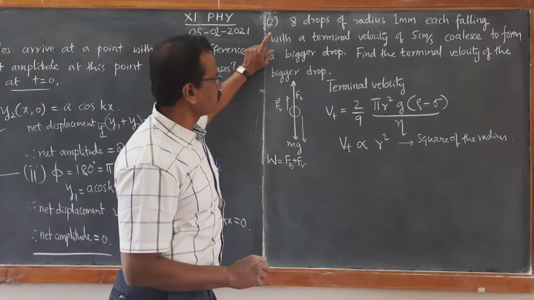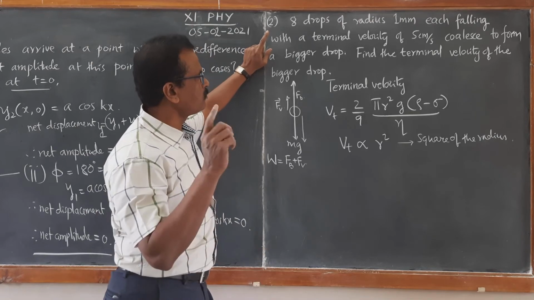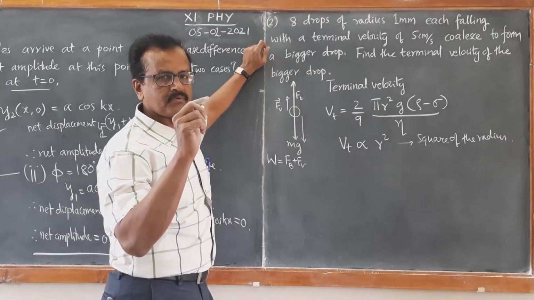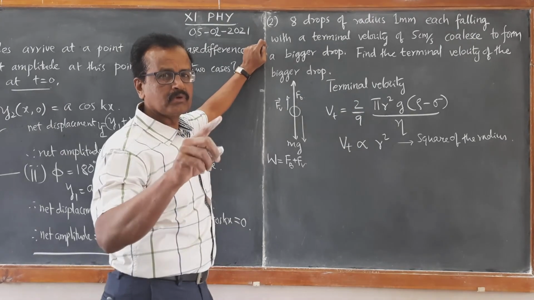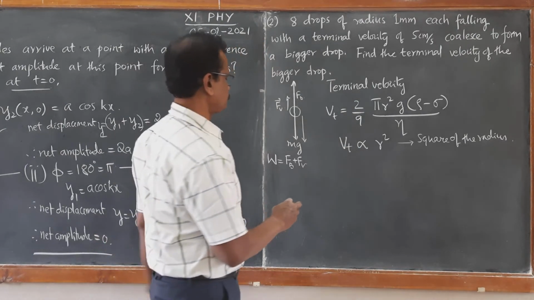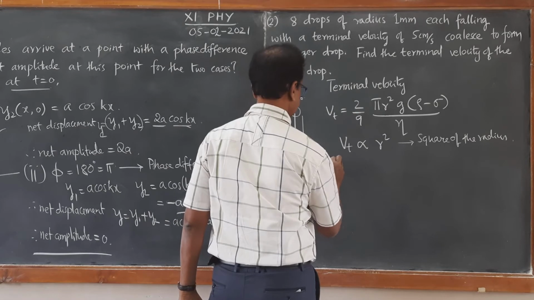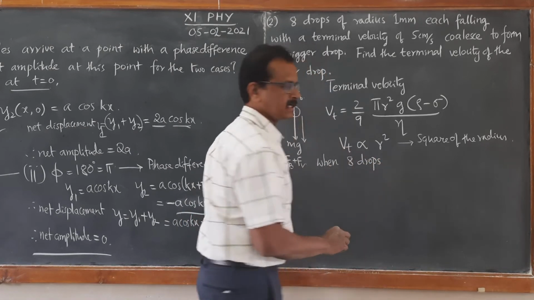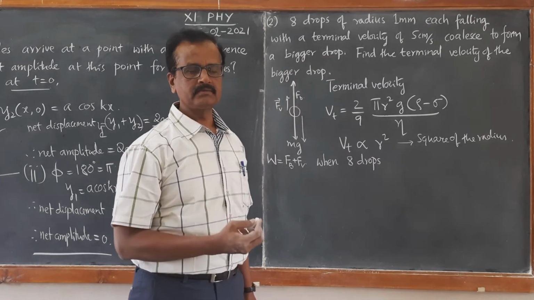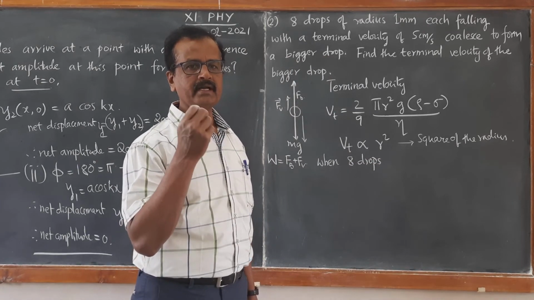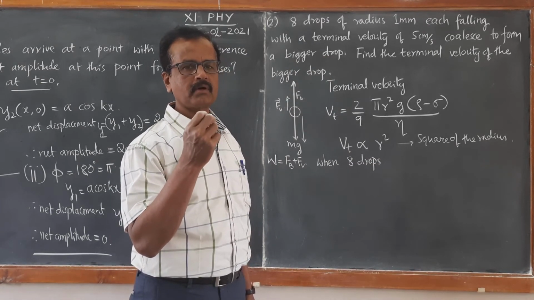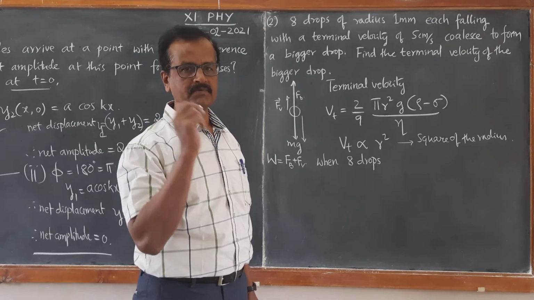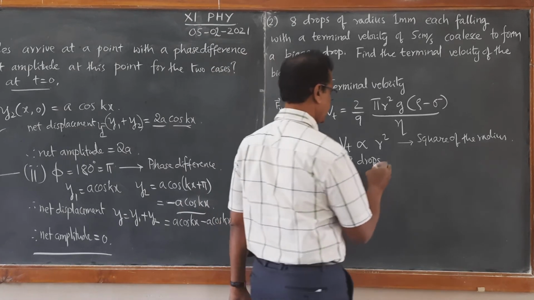Now when 8 drops coalesce to form one large drop, the volume of the 8 spherical drops of rain must be equal to the volume of that one drop. These 8 drops are perfectly spherical, as we know every fine water drop or raindrop is spherical in shape because of surface tension.